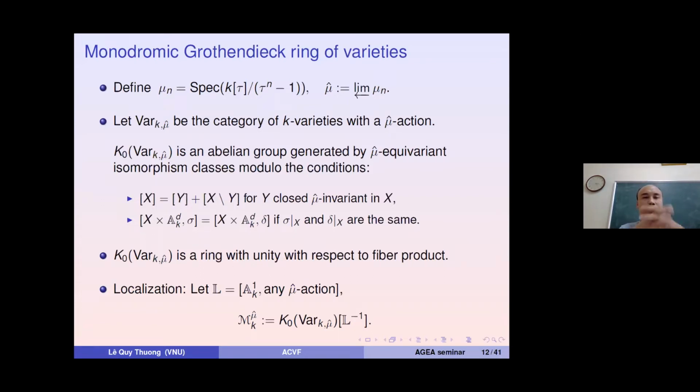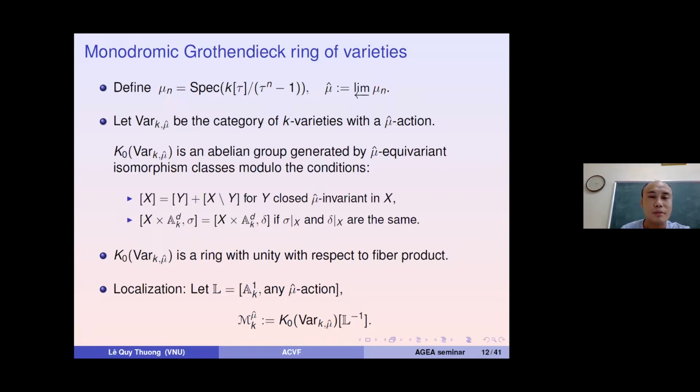We consider the category of K-varieties with a good action of mu hat, the profinite group scheme, which is the projective limit of mu n like this,